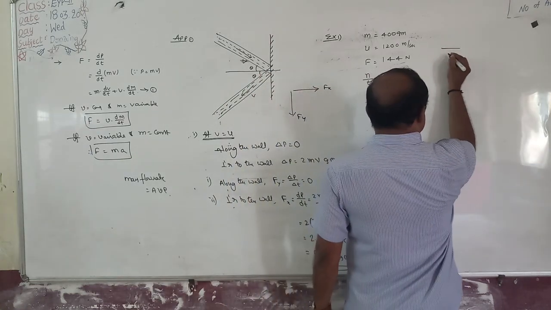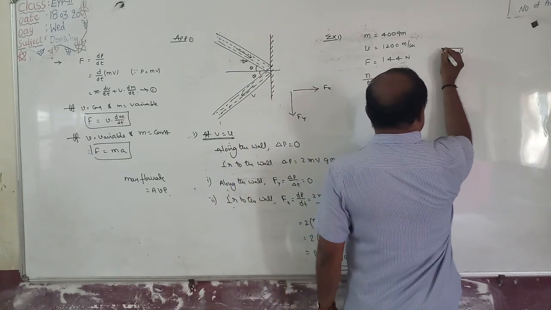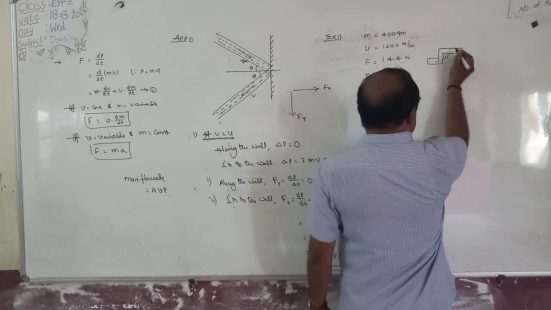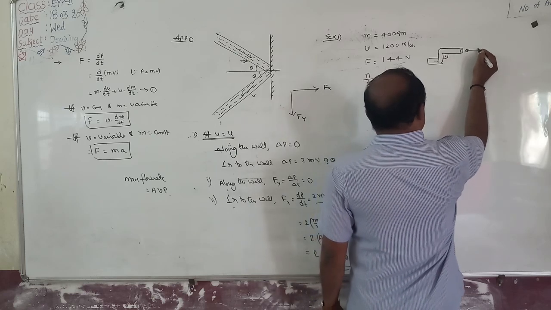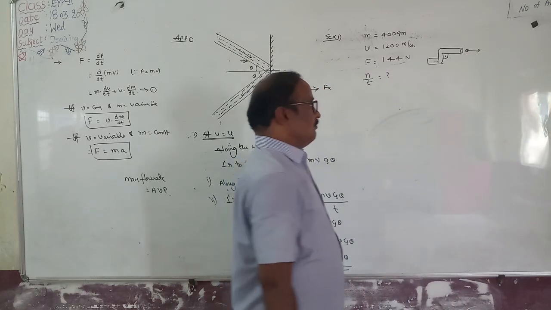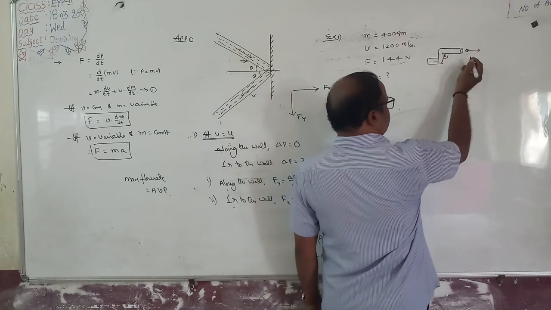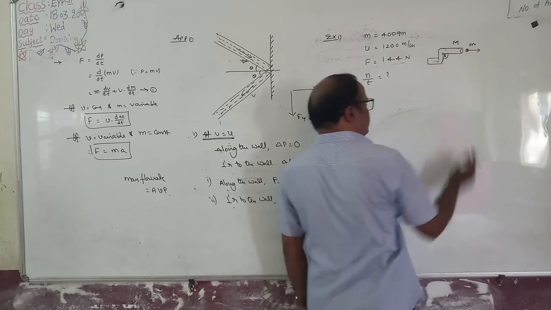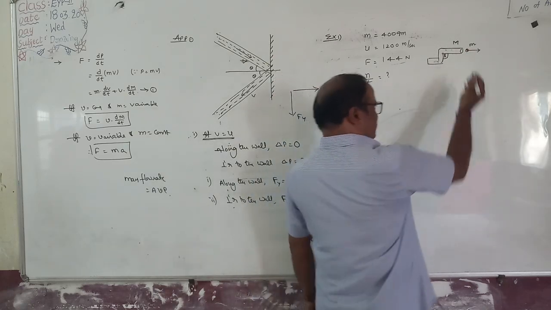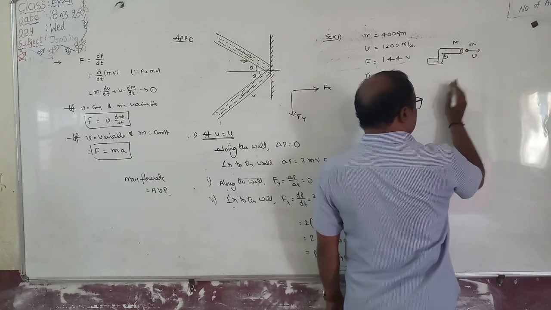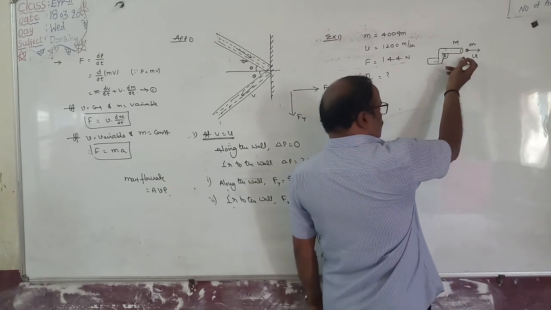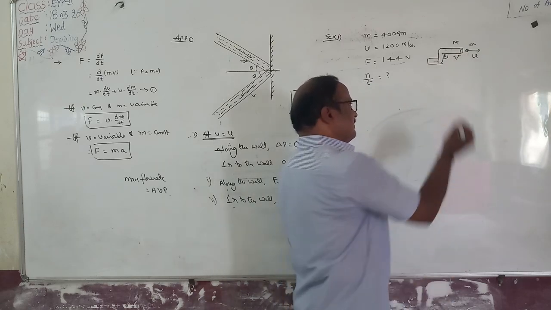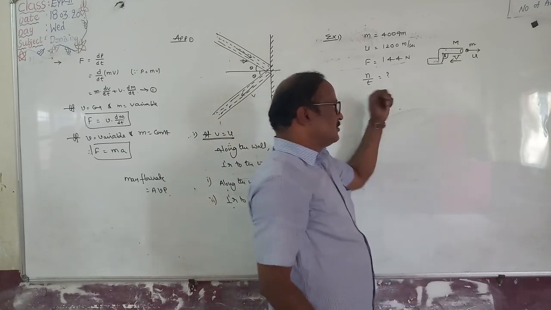See here, it is a machine gun. Suppose from the gun, bullets are fired in the forward direction. Mass of each bullet is m. Mass of the gun is capital M. The velocity of the bullet coming out from the gun is u, and so the gun will compulsorily recoil in the backward direction. Recoil in backward direction means it moves in the opposite direction.